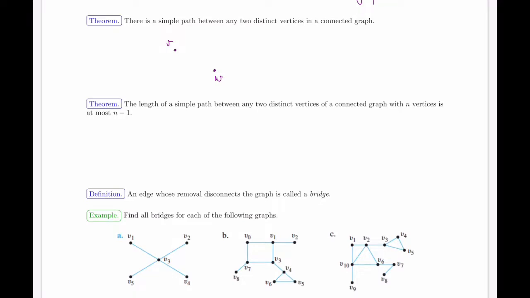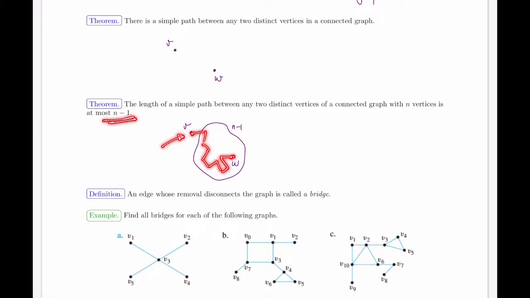So if I have n vertices, and I want to get, let's say, from this vertex to this next one, let's call them V and W. So V is one vertex, and here I have the remaining n minus 1 vertices. The length of a simple path, where no vertices or edges can be repeated, is at most n minus 1. So the worst possible way to get from V to W is to visit every single other vertex outside of itself. Makes sense, right? I've literally gone through all of the other ones.